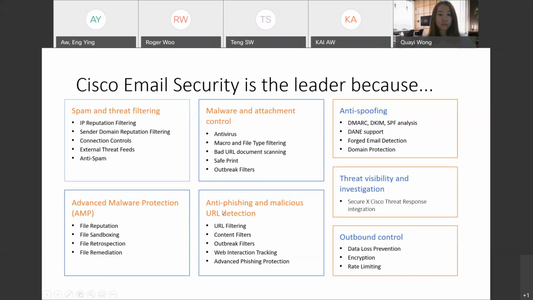Of course, we also have anti-phishing and malicious URL detection. You can also have your own content filtering to filter out emails. We also have anti-spoofing, so this way you can do all the forged email detection and the business email compromise detection. And of course, again, we integrate our Cisco SecureX to do all the threat response. And for our control, we have our DLP, encryption, and of course,